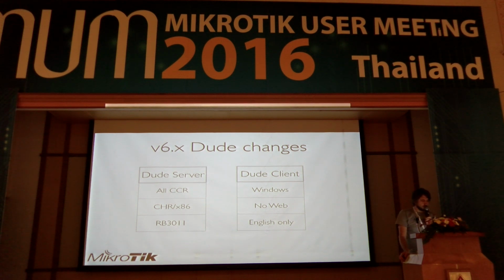At the moment, the client doesn't have a web interface; you have to install the software. Previously, you could open a web page of the Dude server and see the map. Currently, this feature is disabled for the moment. If you have used the Dude before, you could access it in two modes: the Dude directly, or via the web. In this version the web mode is gone; you must use the Dude client directly. And the client has an English-only version, so currently it doesn't support multi-language mode.